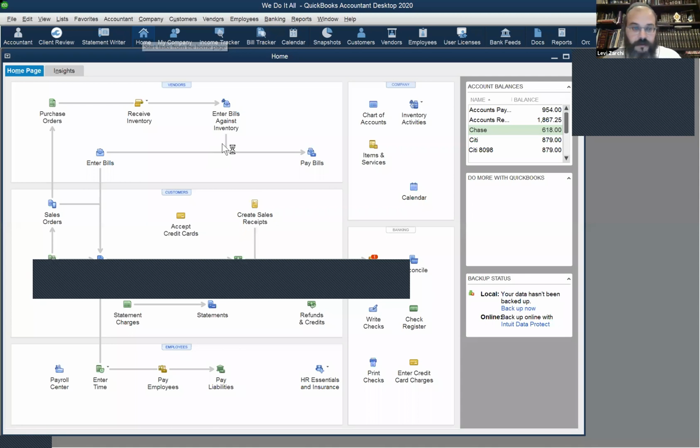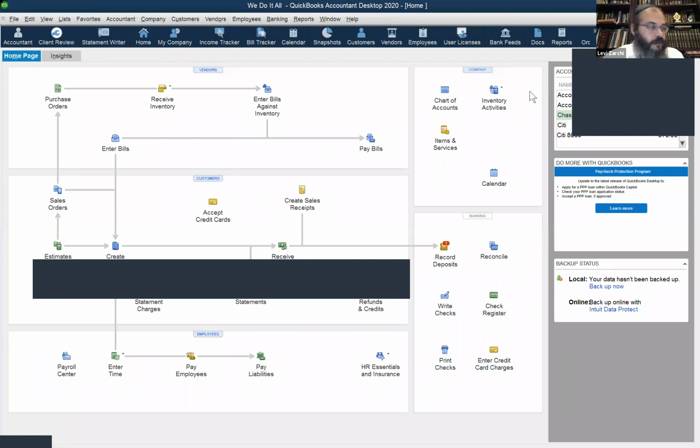Okay, good evening. We're starting today on the home page where we see here the vendors, the customers, and employees. If you recall, last time we only had access to limited options in employees. We had maybe enter time, we could do timesheets, and I think there was another option here. But now we actually have the option of pay employees